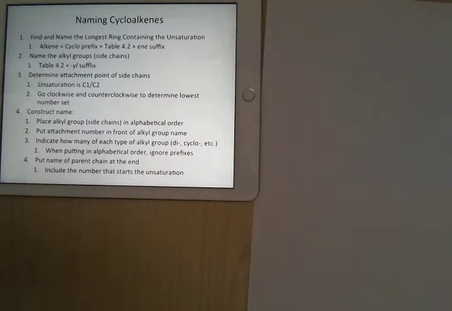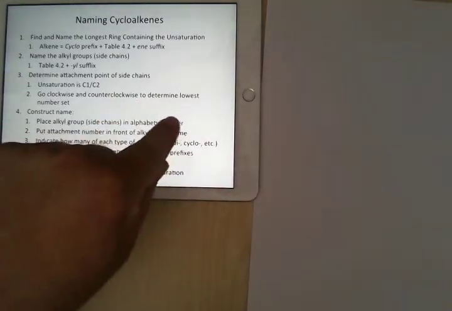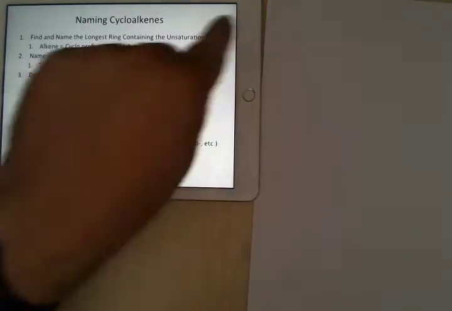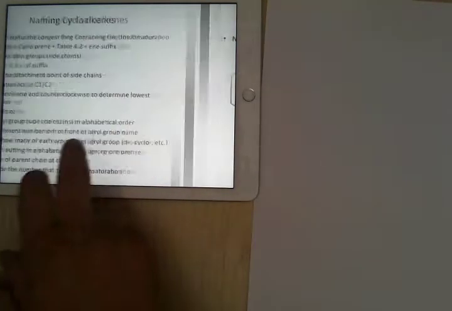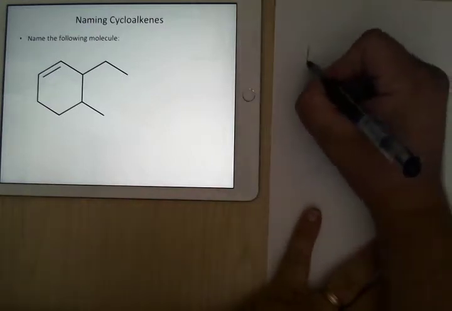That's where we have to use the lowest number set. If you go 1, 2 and then keep going clockwise, or 1, 2 and keep going counterclockwise, you're going to have two numbers you need to add up. Otherwise it's the same as what we've done with the cycloalkane, just applying it to the cycloalkene. So if we have this one here,